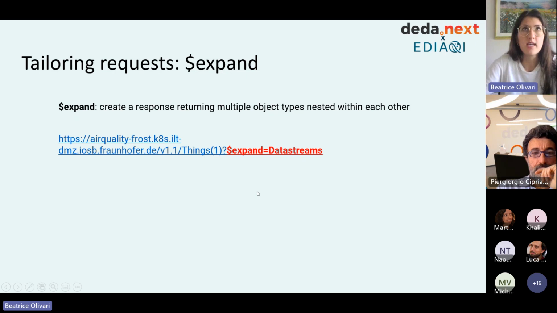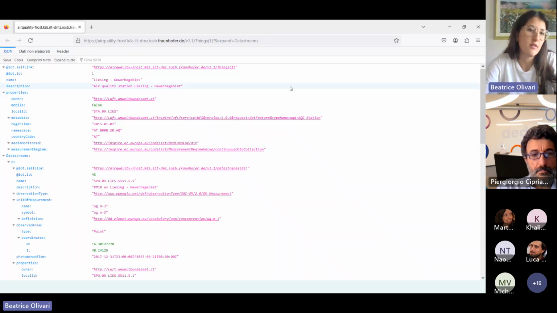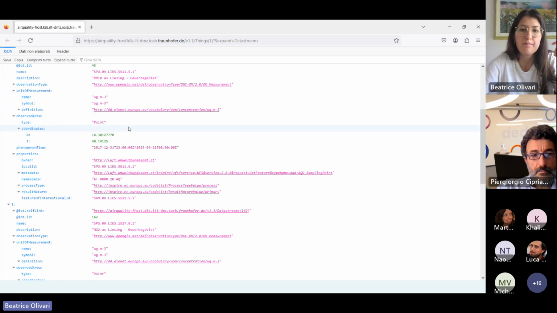So as Luca was saying, one thing can have more than one data stream, so more than one data stream can be linked to it. So if we want the list of data streams that are connected to thing 1, we can use expand. And it will give us a list of all these data streams. Okay.